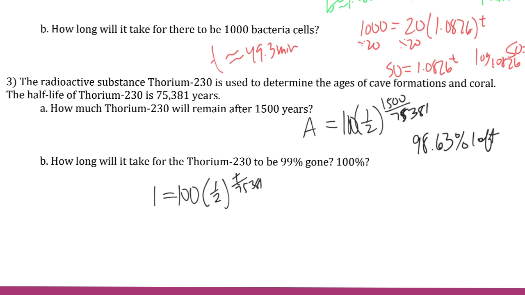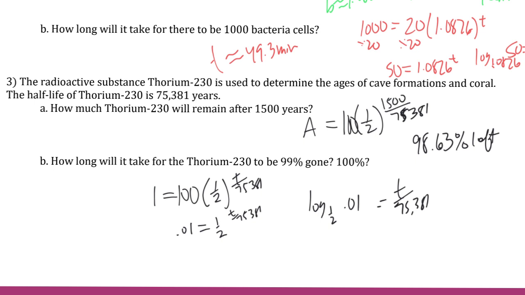Okay, so if you divide both sides by 100, you're going to get 0.01 equals one-half to the t over 75,381. Switch forms, so it'd be log of 1/2 to the t over 75,381 equals 0.01. If you evaluate the left side of the equation using math,